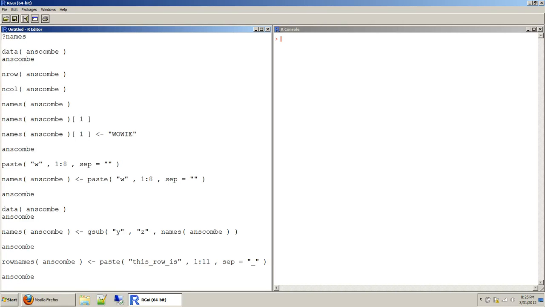This tutorial shows how to name or rename columns and rows in a data frame in R. The column names of a data frame in R can be accessed using the names function. You can either type question mark names like this into the R console and look at the help file, or